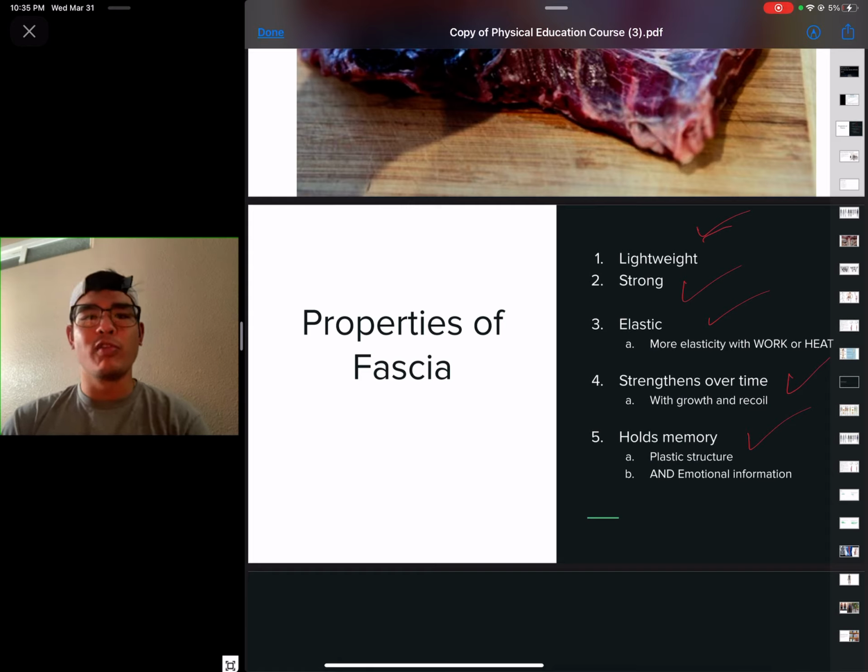It strengthens over time, just like muscle. The more stress you put on it, the more your body is going to lay down new cells to help adapt to that stress, and it's going to get stronger, just like your muscles, just like your bones. And it holds memory, meaning